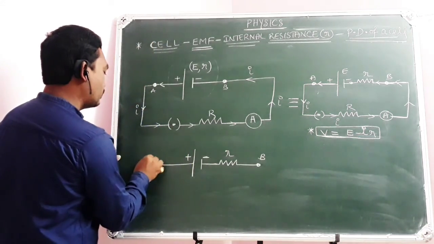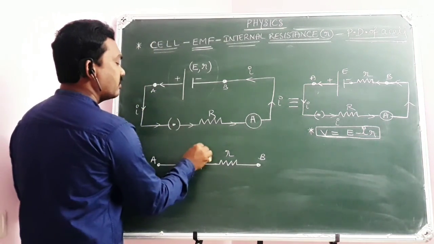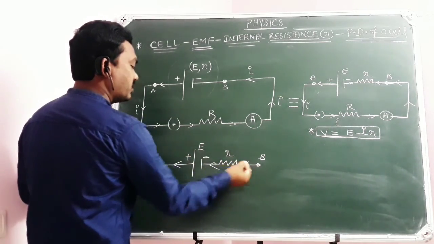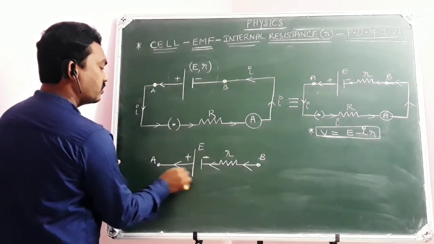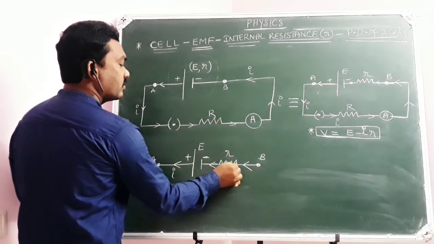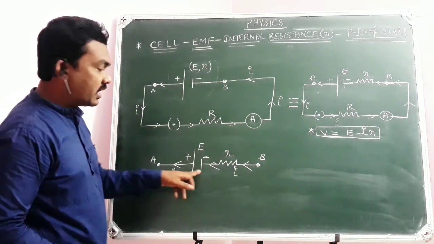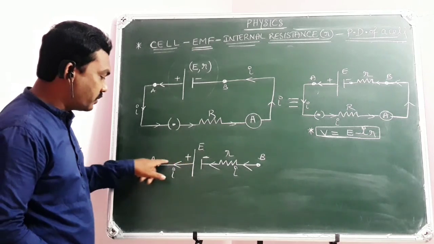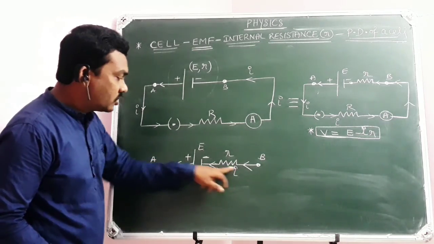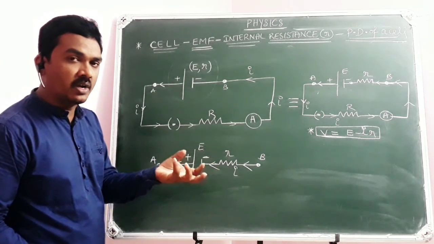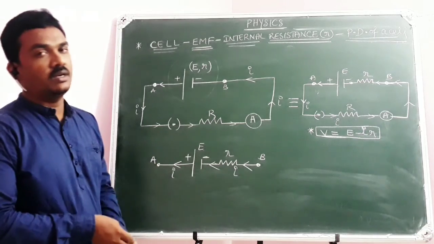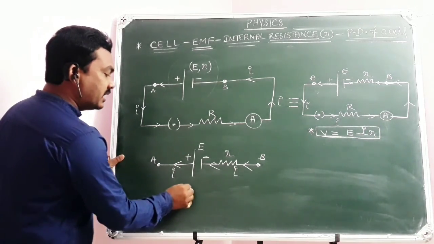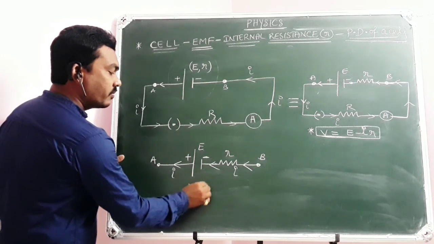Here, look at this one. Current is drawn from this cell. I have taken a portion of an electric circuit. What does it indicate? Current is drawn from the cell because the current is directed from positive potential, away from the positive potential towards the negative potential. It means you are drawing current from the cell. Of course, you can call the situation discharging of a cell.